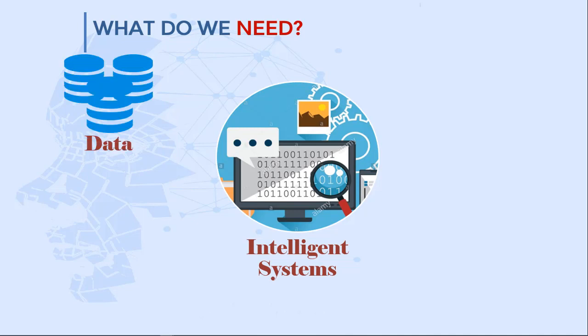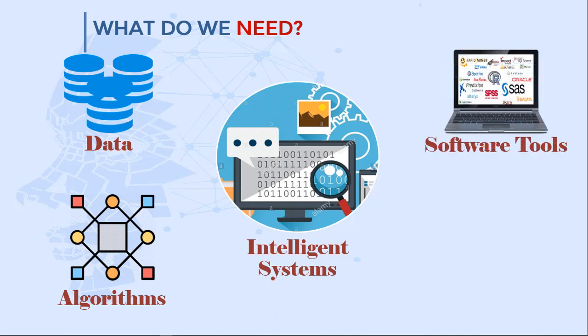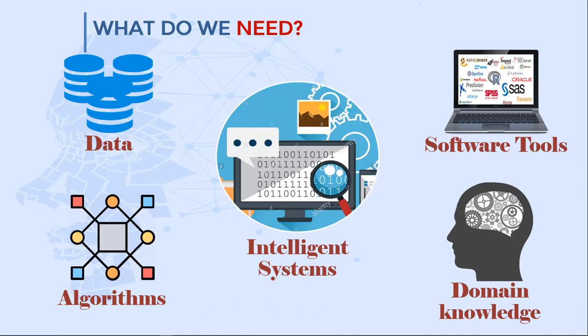First, we acquire relevant data. Then we choose the appropriate algorithm. Then we use the software tools that are going to process this into useful information. And then we understand the domain knowledge so that it can be applied to the specific areas where that information is really needed. So with all of these four components, the intelligent system is what will help businesses and experts decide on what is the next action to take. So the result is a very high demand for people who can deal with these types of systems.